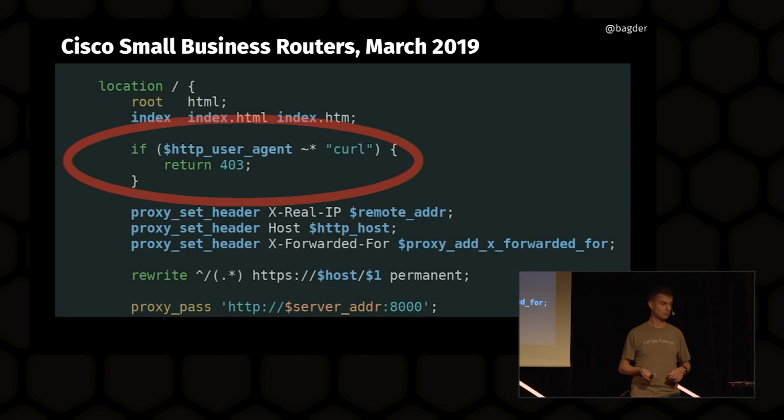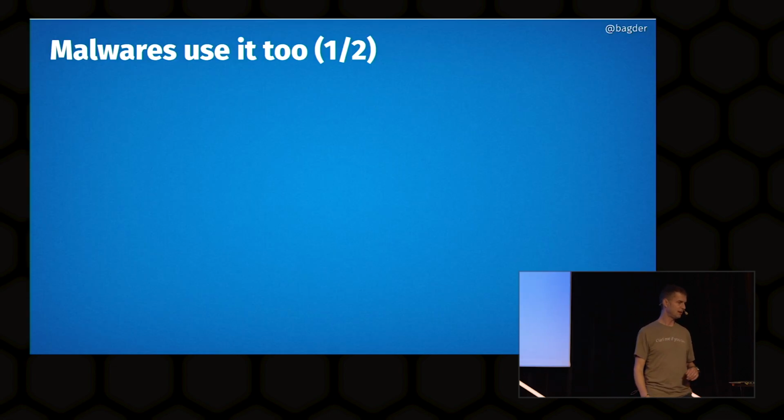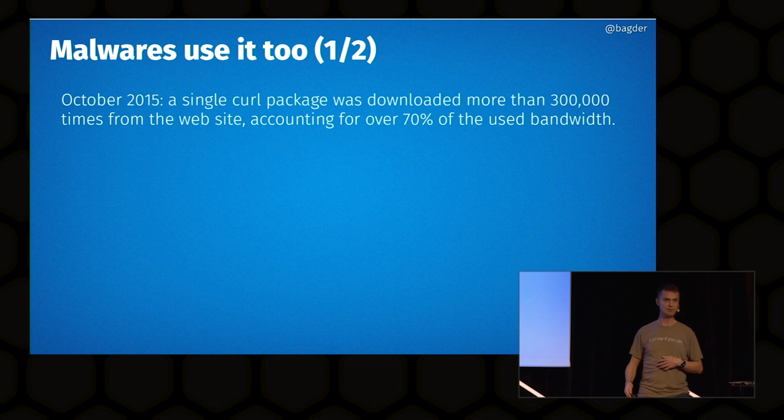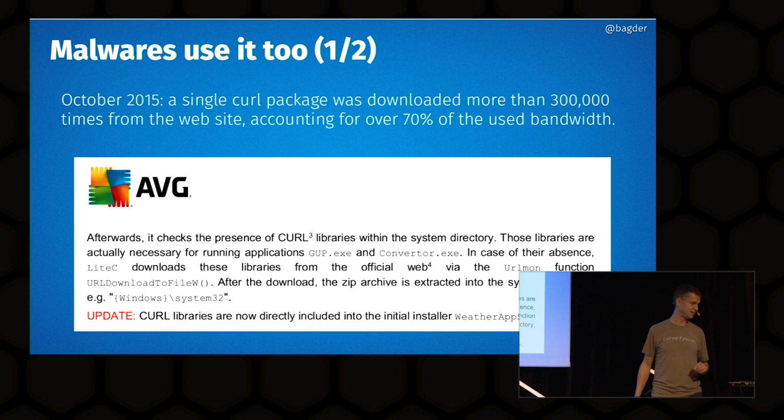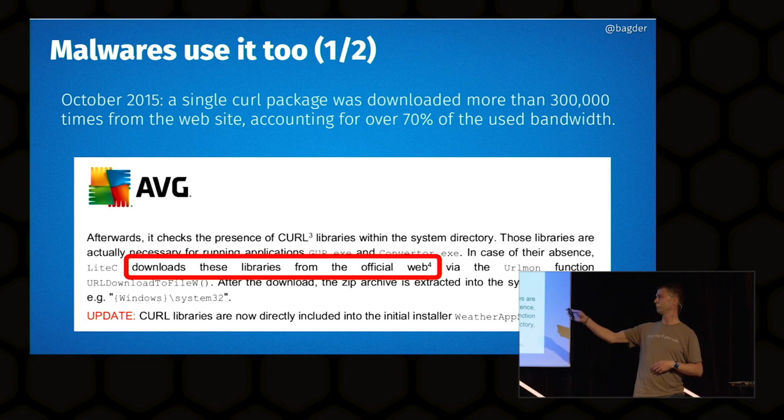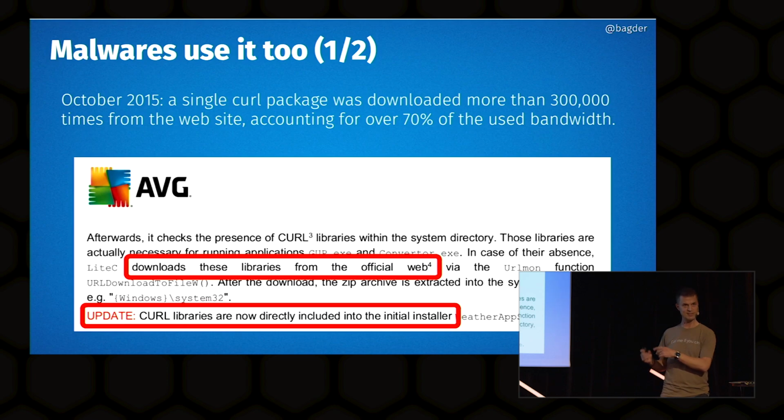Yeah, this is a router source code. Just showing that curl is becoming fairly well used. And it's also popular in maybe not so fun areas. Like a few years ago, I noticed a huge spike in downloads of a particular package from my website. Turns out that a malware was downloading curl from my site and used that curl installation to spread itself onwards. So they downloaded it from my official website. I renamed it so they wouldn't find it. In the next version of the malware, they actually bundled the tool instead. Saved my website, but the malware continued to function.